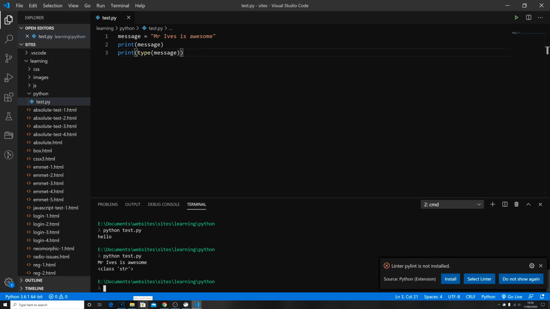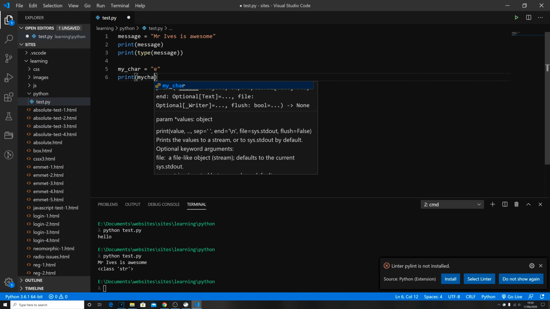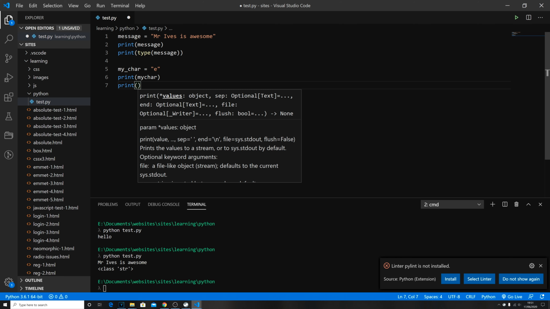And just like in JavaScript, Python doesn't have a default character primitive. Okay, so if you just want to do a character type, then just like we did in JavaScript, we do the variable name and then the value, and we just put in a single character, so E. And then again we can do the same thing, so we can do print my_char and then print type